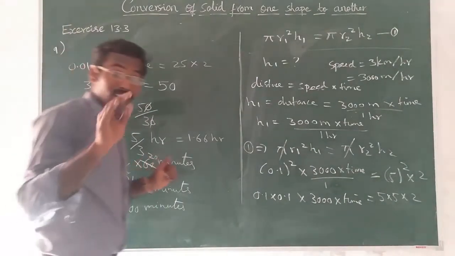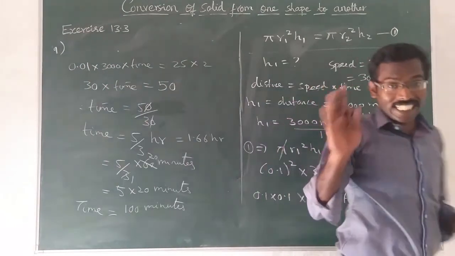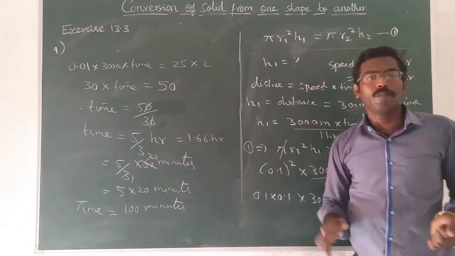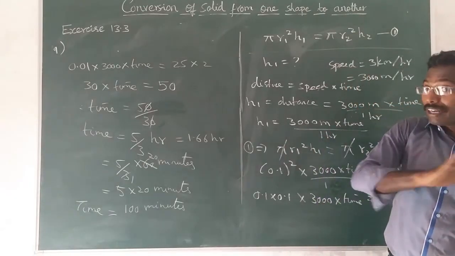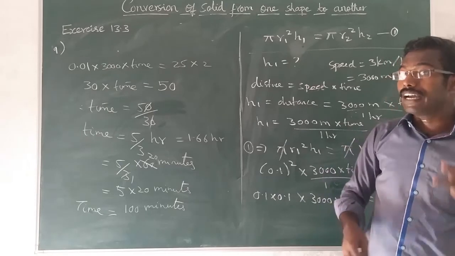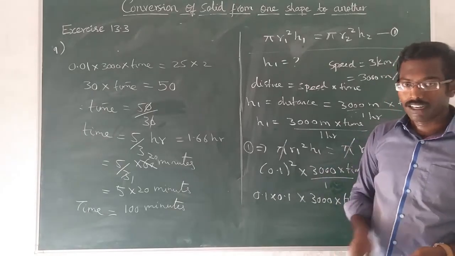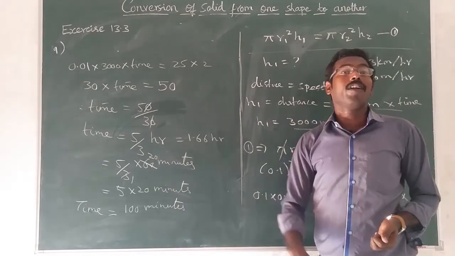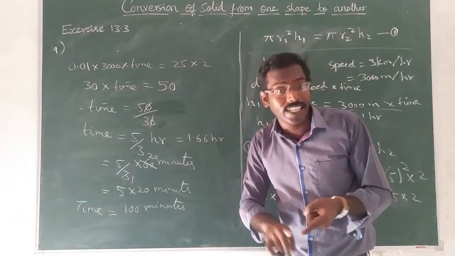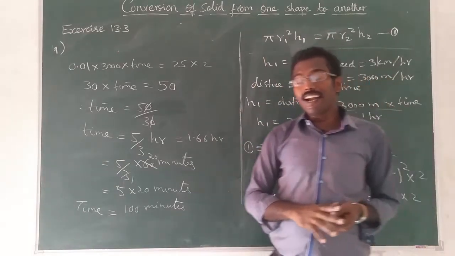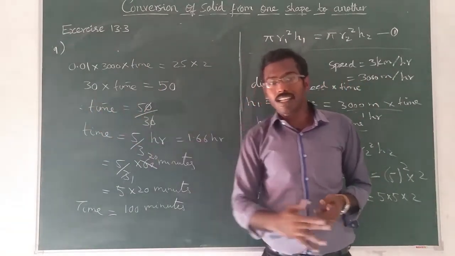Very easy sum, but very important. So all the 3 sums, especially the 6th sum and 9th sum, are very important. So we have completed exercise 13.3. 2 sums are remaining, 5th sum and 8th sum, that will be our homework. 8th sum is almost like this 9th sum. So note down your homework: Exercise 13.3, 5th sum and 8th sum. Please complete it. After that we will go to the frustum.